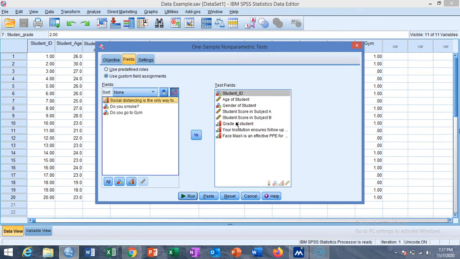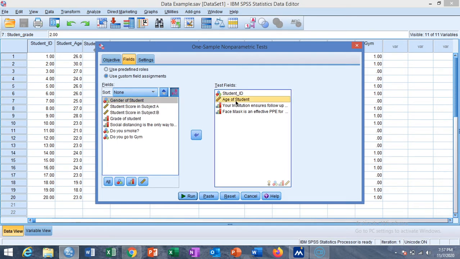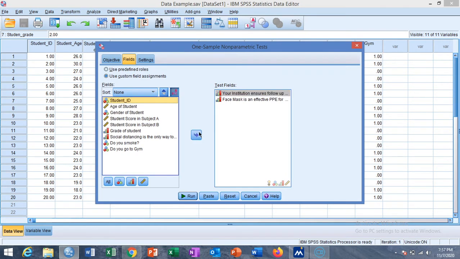I prefer to check the two variables, sending other variables to the unselected fields. These are the two variables for which we are testing the median of our distribution.